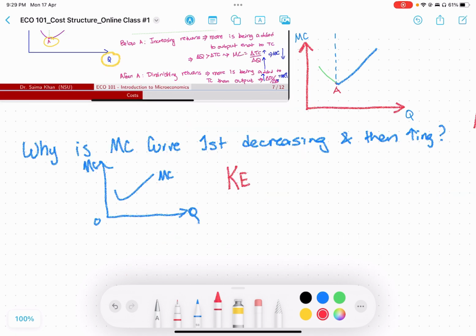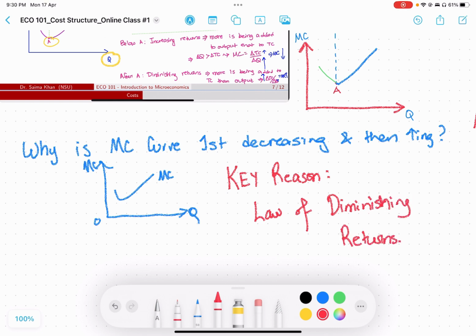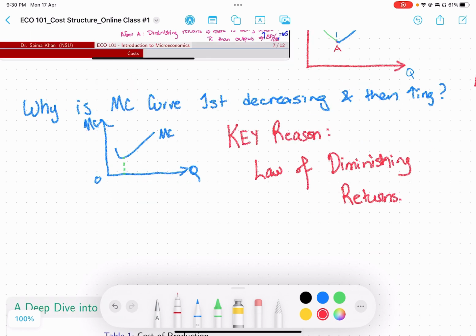The key reason is basically because of the law of diminishing returns. So don't say it's because the MP is falling and then rising, or say anything about mirror images and stuff. Essentially, it is the law of diminishing returns that determines the shape of the marginal cost curve. If I break it up right here, this shows diminishing returns, and this part is falling because of